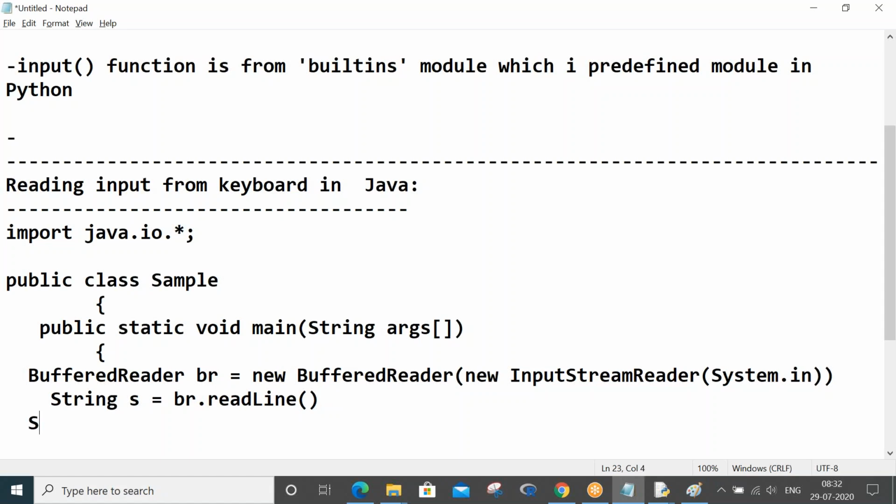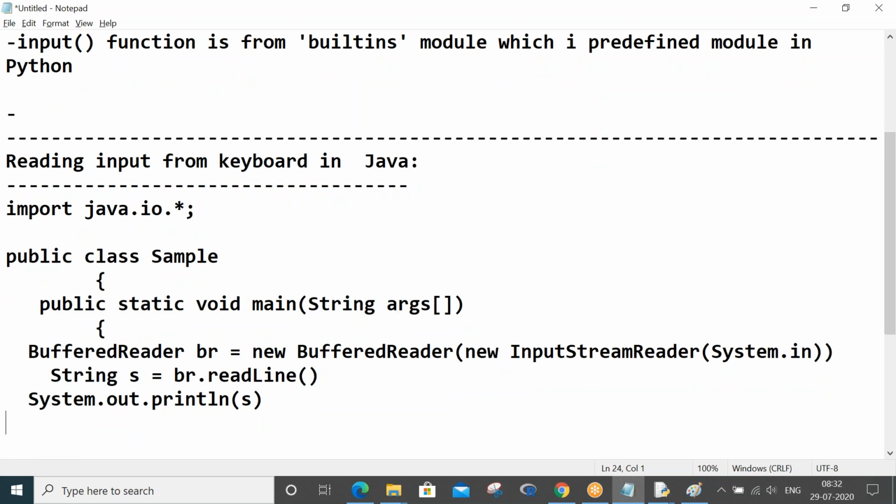Okay. Now we have to print this as System.out.println(s). So you have to print your s. Now close your void main with a flower brace, and close your class Sample.